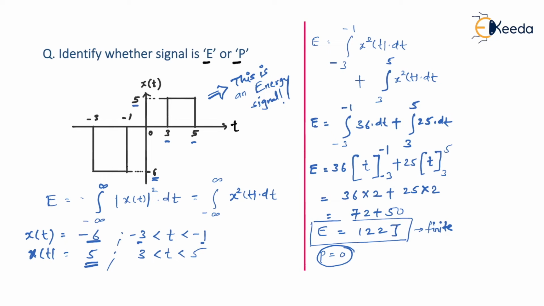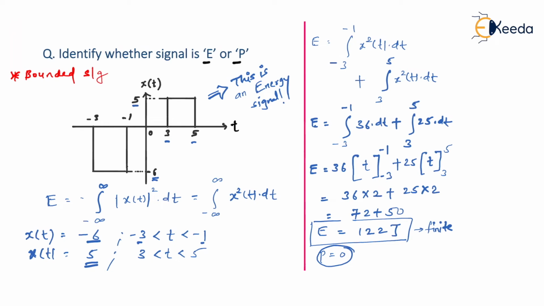So how to identify without solving the problem? So just concentrate. First question, for the given x of t signal, I'll ask you the question depending upon its graphical nature. Do you think that looking at x of t anywhere with respect to time, amplitude is going to infinity? Answer is no, because from -3 to -1 amplitude is -6, and from t going from 3 to 5 seconds amplitude is +5. So nowhere x of t is going to infinity. So first nature of the signal, that it is a bounded signal.